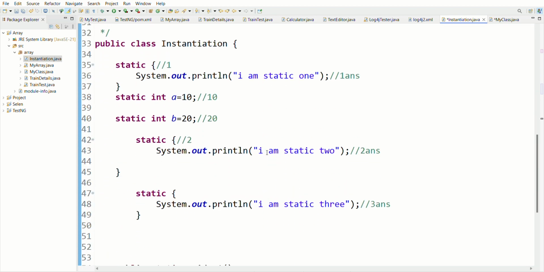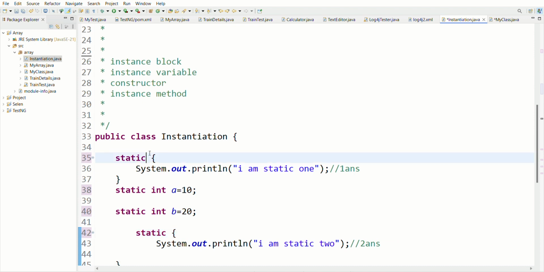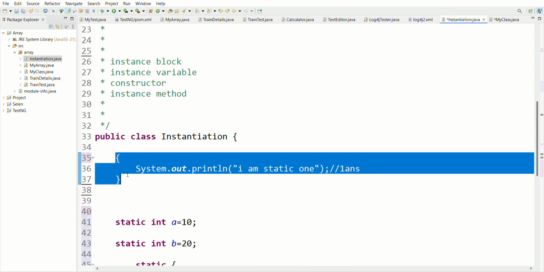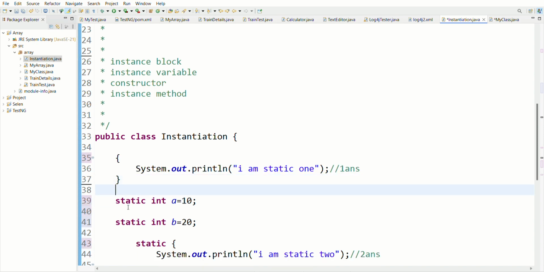If you don't believe, let me remove this. I am discussing here only the instance. Just forget the static right now. After that, we will mix the static and instance, and then we will see the effect. How are the static blocks written? This is my static block. Here curly braces start. I am writing something and curly braces end. This is my static block. This is how the static blocks are written.